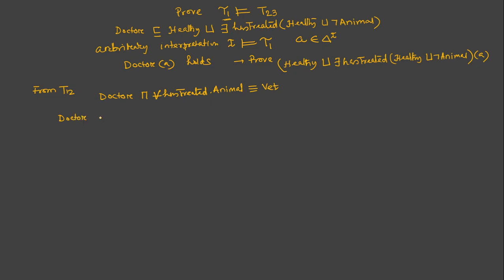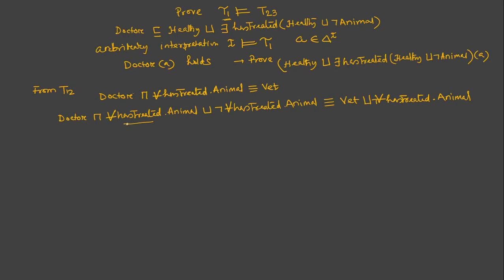So doctor intersection union has treated animal disjunction not of for all has treated. We are trying to eliminate this part, right? So not of for all has treated animal. We are adding this disjunction in both the sides. That we can do, right? That will keep this equation balanced. Not of for all has treated animal,